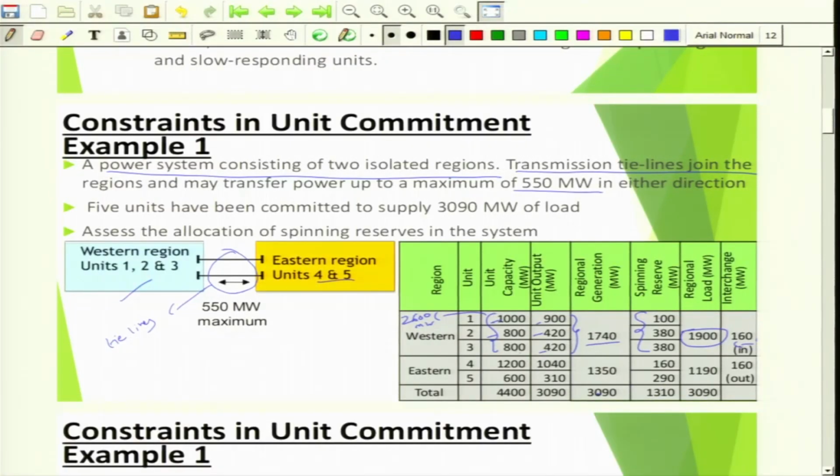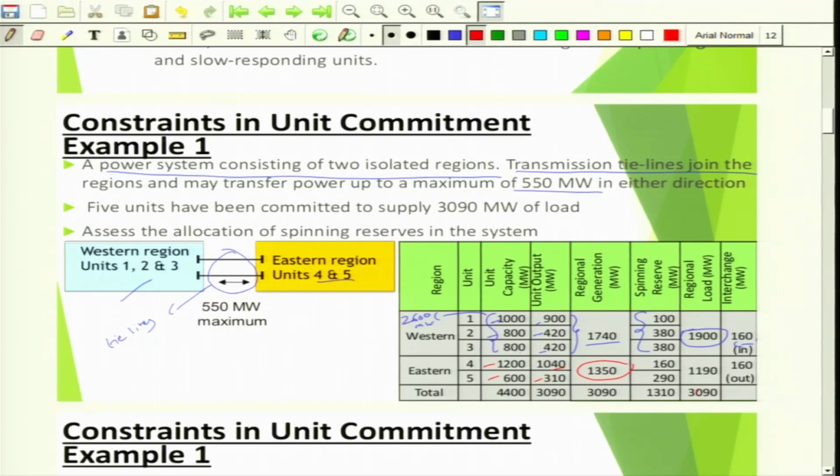Now let us see what is the condition in eastern region. There are 2 units, 4 and 5. The capacity of unit 4 is 1200 megawatt, and it is producing a power output of 1040 megawatt. 600 megawatt is the capacity of the 5th generator and it is operating at 310 megawatt. So put together, the total regional generation at this point of time is 1040 plus 310, which is 1350 megawatt,